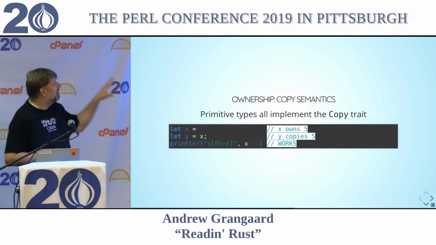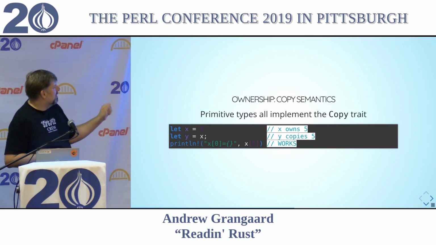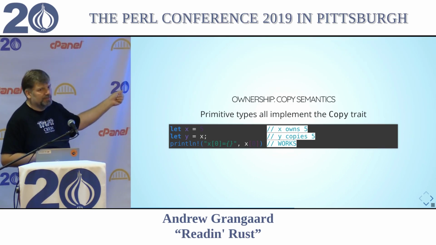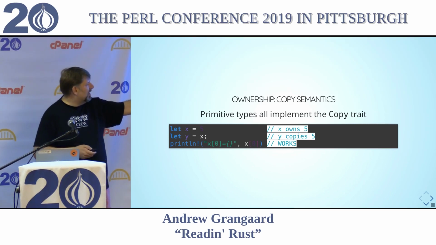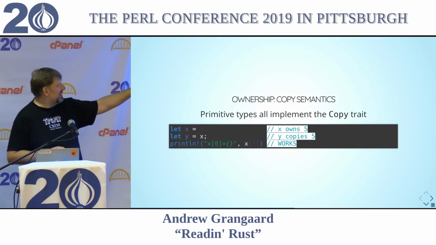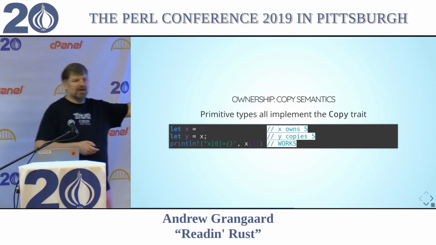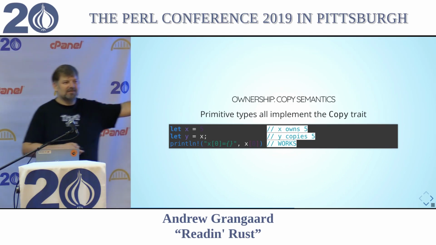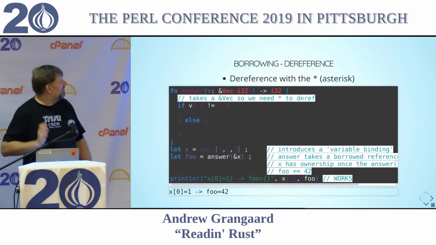But if I said let x equal 5 and let y equal x, and I tried to print line an x, this would actually work because even though x and y both have ownership, y would get its own copy of the 5, and it would have its own ownership. So this says let x equal 5, let y equal x, and then I try to print the value of x. Actually, this particular one wouldn't work because you can't see where I try to treat x as an array because this is an error on my slide. But I'm going to give a couple of these just to get a couple things.